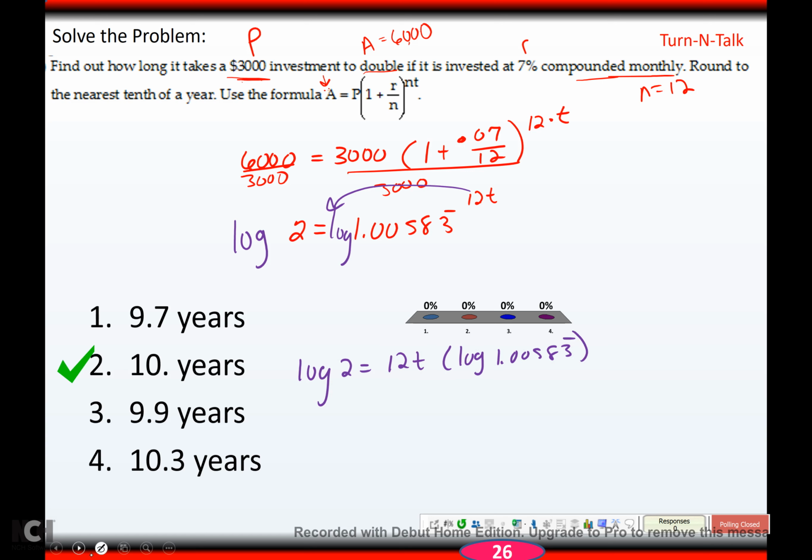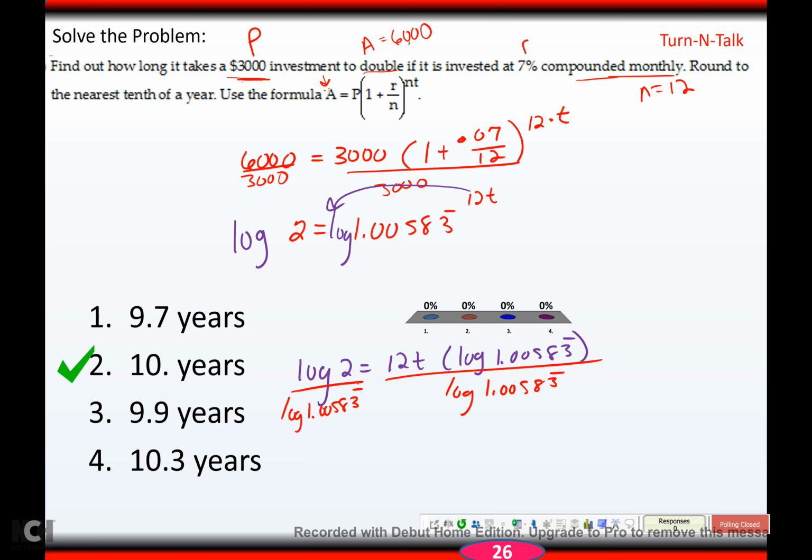So to start to get t alone, I'm going to divide by log 1.00583 repeating. So if I do log 2 divided by log 1.00583 repeating,